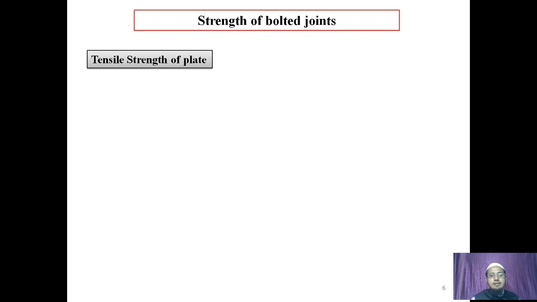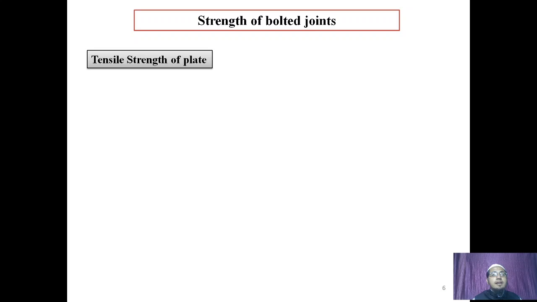Now the next strength is the tensile strength of plate. So what is the need of calculation of this strength? ये strength हमको क्यों study करना है और क्यों calculate करना है? Because as we already discussed in modes of failure that plate may fail as tearing or splitting of plate, or